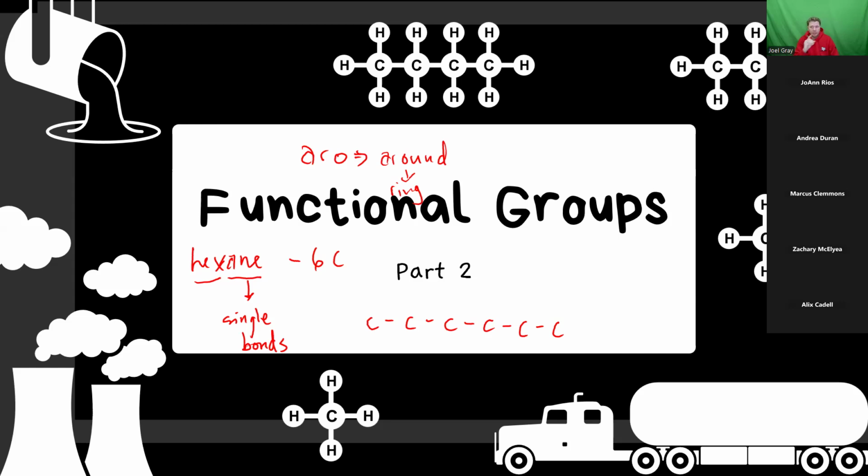Alex, just a second, I'll get to that one. That's a great question. If I had that saturated with hydrogens, that would be hexane. And then if I drew it like this,